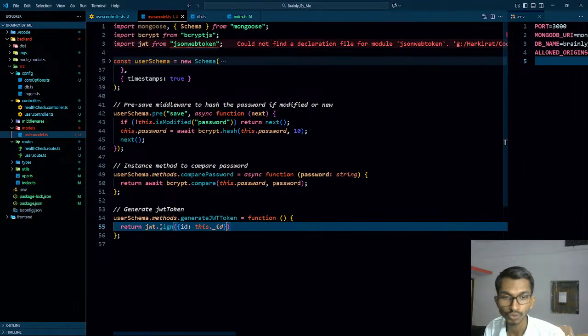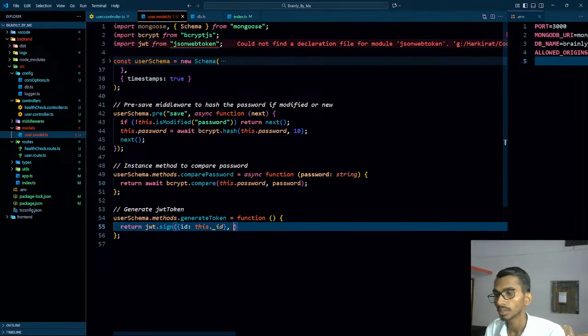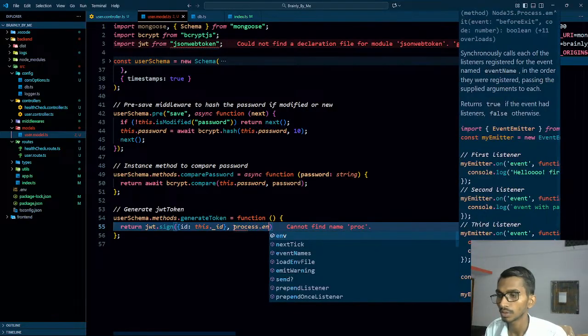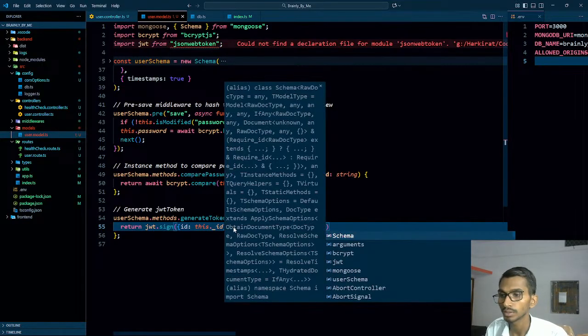Of course, I'm using Mongoose, so it's gonna be like this. Then the next thing I need is process dot env dot token secret. Let's make it just generate token here. This is the ID. Token secret, token expiry. Process.env dot token secret, and the next thing that we have in here is